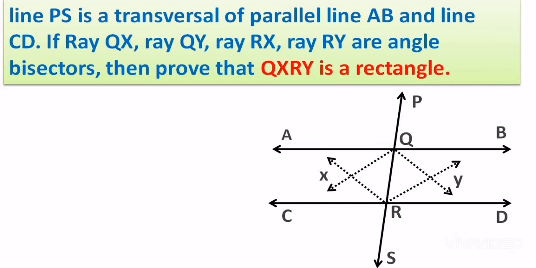I need to prove that quadrilateral QXRY is a rectangle, right? The way I told you, the first part of the solution will be proving the opposite sides parallel. By proving opposite sides parallel, we'll move to the second part, that is nothing but quadrilateral QXRY will be termed as a parallelogram, and the third part is nothing but once the parallelogram is proved, I need to prove one of the angles of that quadrilateral is 90 degrees, and only then can that parallelogram with 90 degrees be termed as a rectangle. So here we go, as we have cleared our action plan.